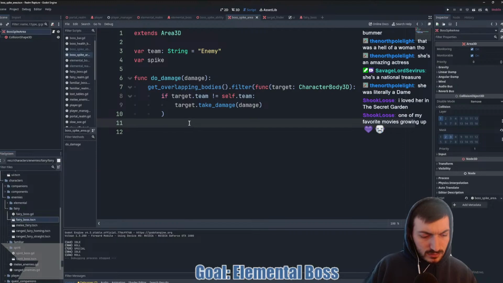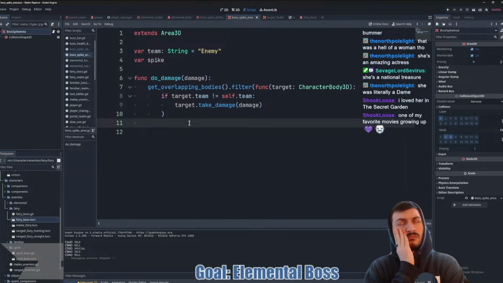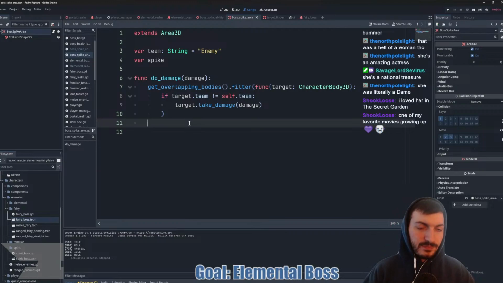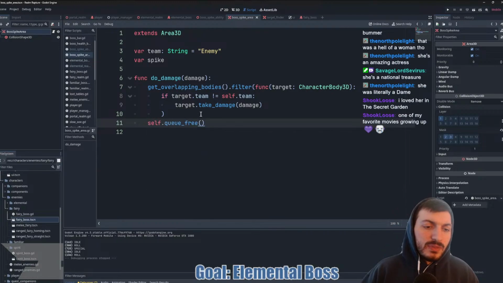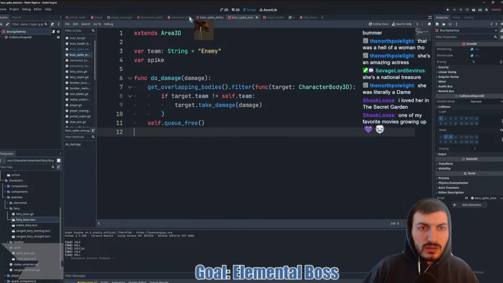And then we... After it does the damage is when we want it to queue free. But that did not work.